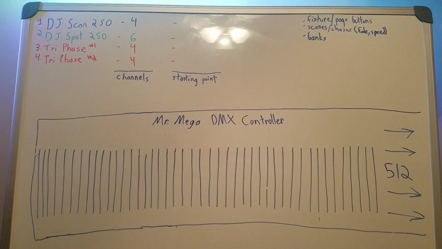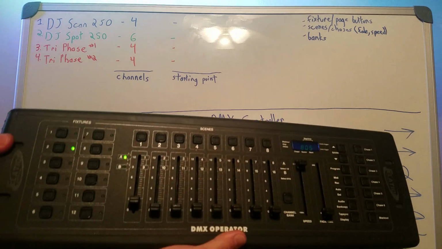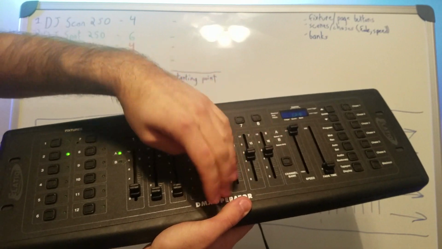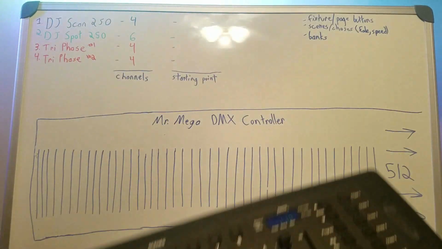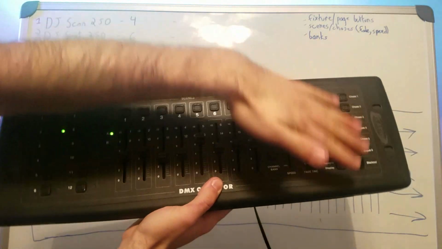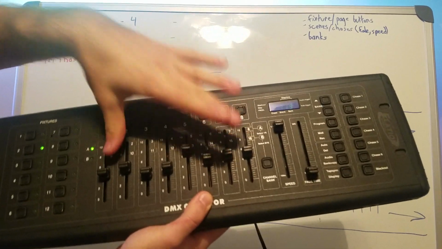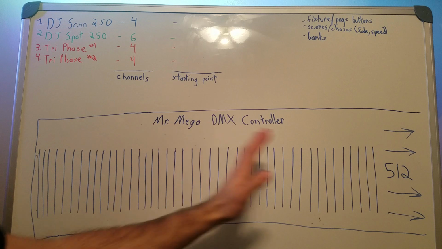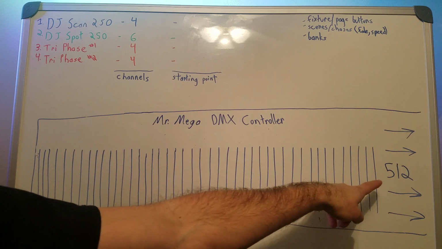A whiteboard! That's right, we're going full engineering explain in this video. So to start, here is the DMX controller, and as you see, it has 8 channels. Channels being these little slider things that go on. Ignoring everything else for now, just the channels, pretend that I have a controller, a mega controller, that has 512